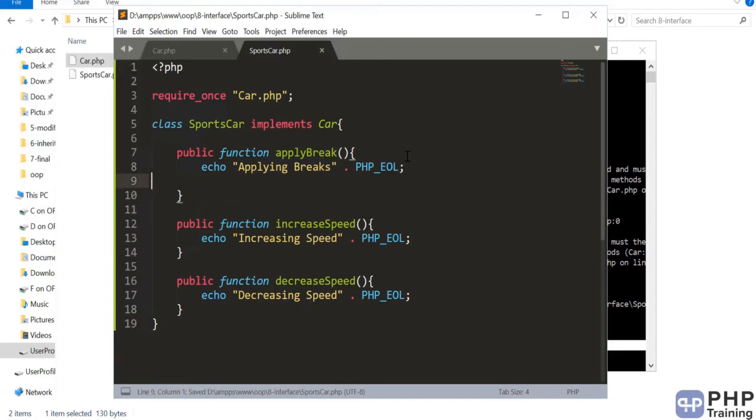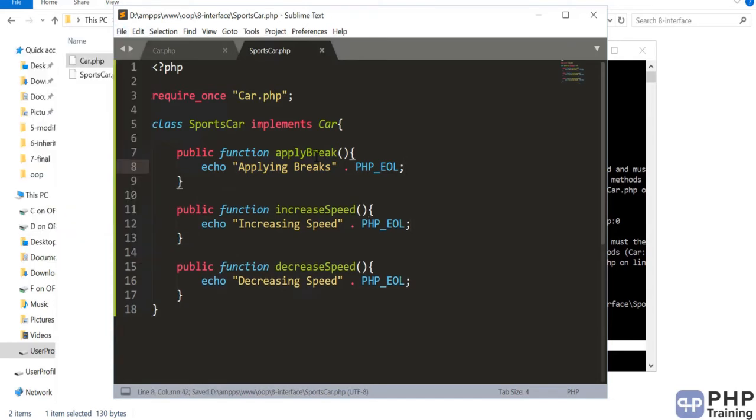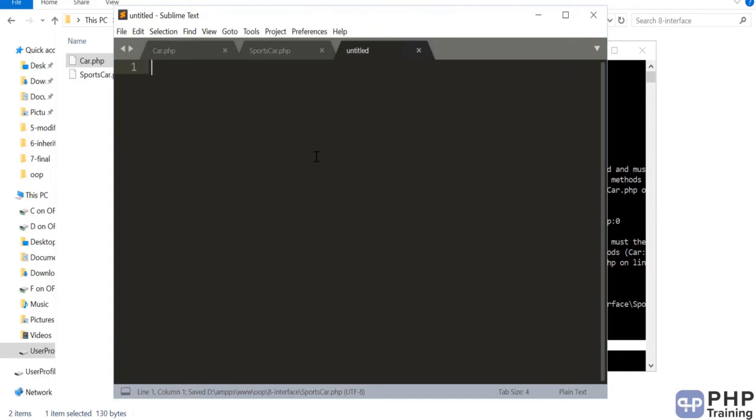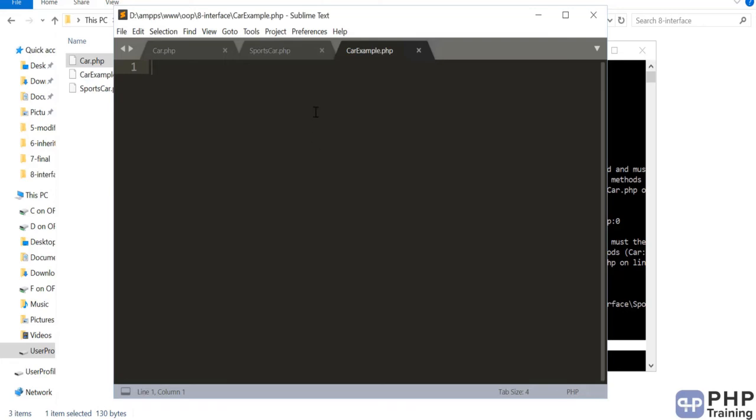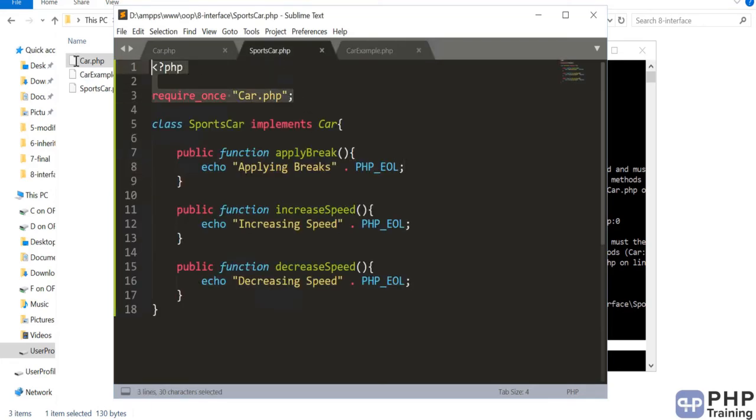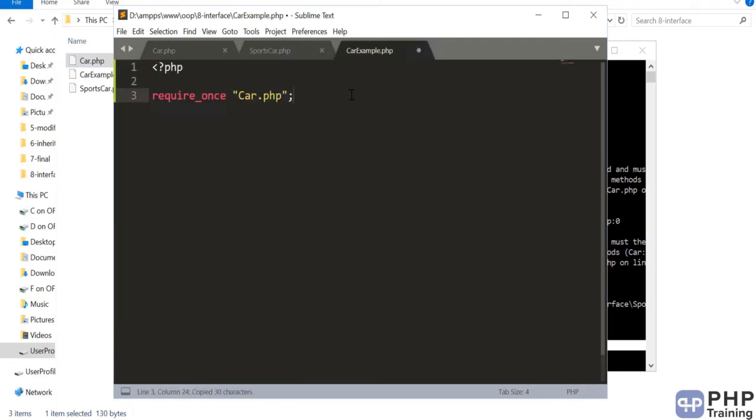Okay, so let's execute by creating one more class and we'll call it CarExample. We'll import both this interface and the class, and then we'll create the instance of it.